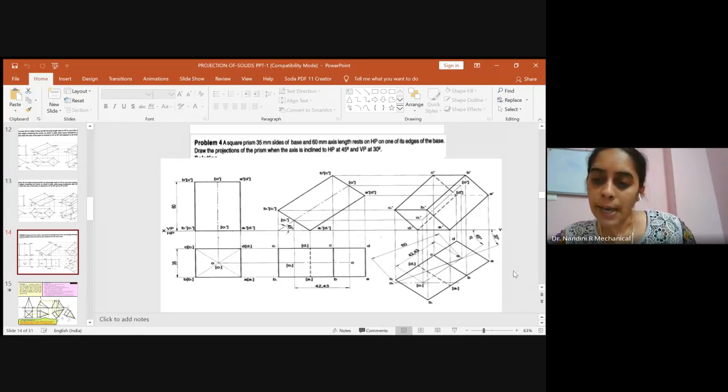So once you draw the parallel line, from this midpoint to this distance, how much it is, you measure, come on this parallel line and keeping one end of the compass here at the midpoint, just cut an arc. Similarly, at the midpoint here, you just cut an arc. You got the points D and A. Name it immediately. After you got this, from D to C, how much is the distance, you measure. Keep one end of the compass here and cut an arc on the parallel line you have drawn. Similarly, on the parallel line, you measure A to B, what is the distance, and you cut an arc.